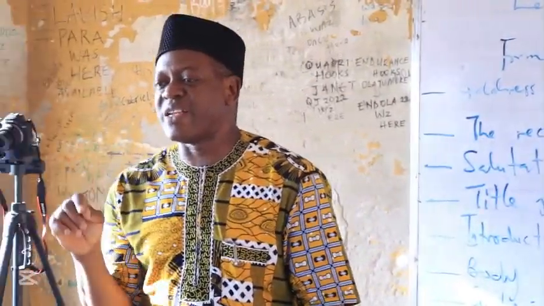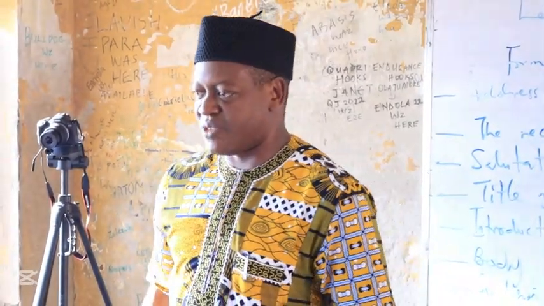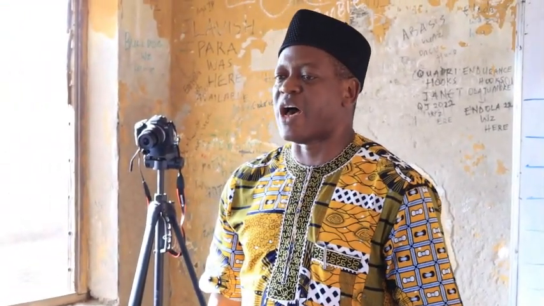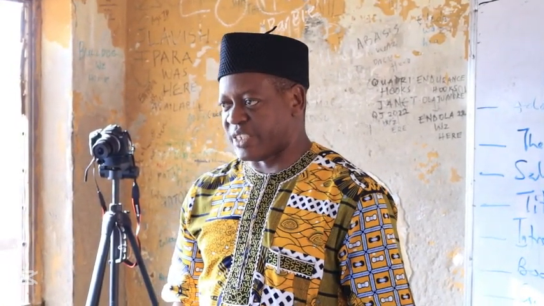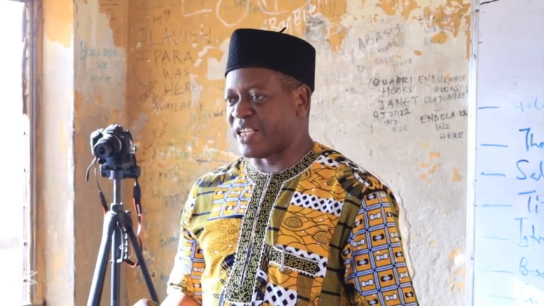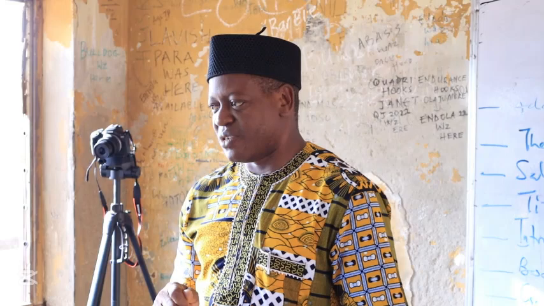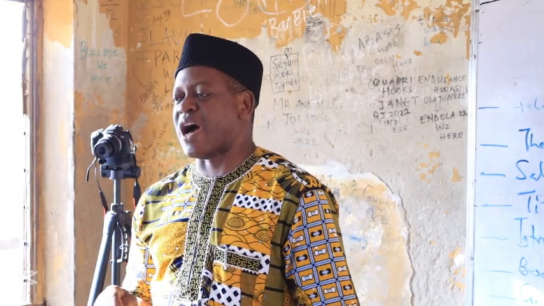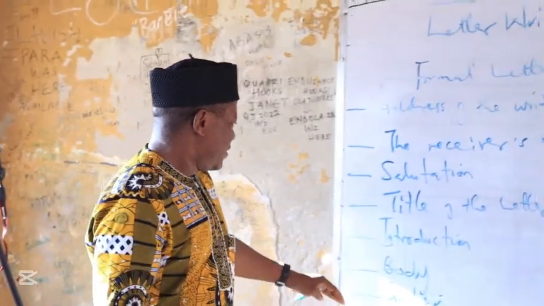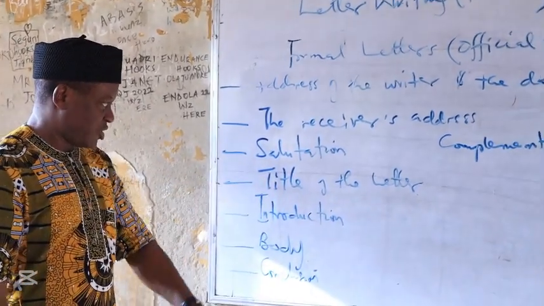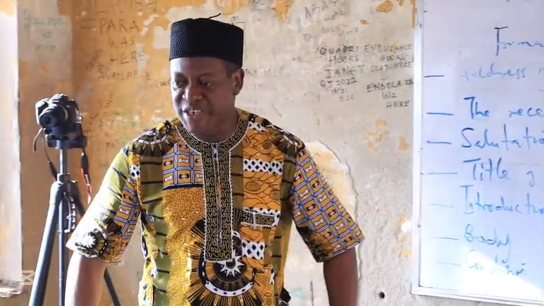If you are asked to write a letter to the Commissioner for Education in your state, telling him or her the problems facing students in their studies, what type of letter is that? So let me see your approach. Write the first 3 steps. You said it's a formal letter. So let me see your attempts.